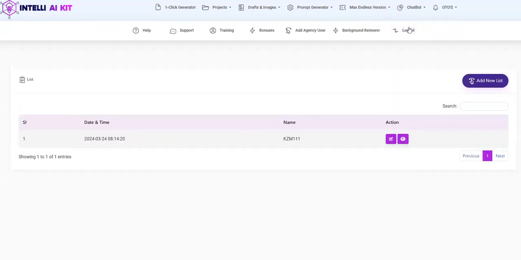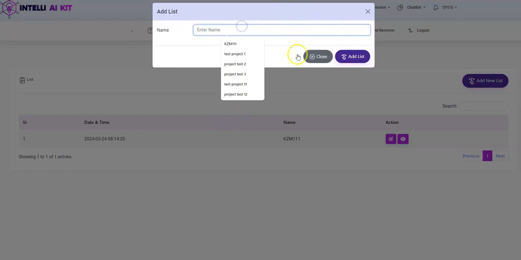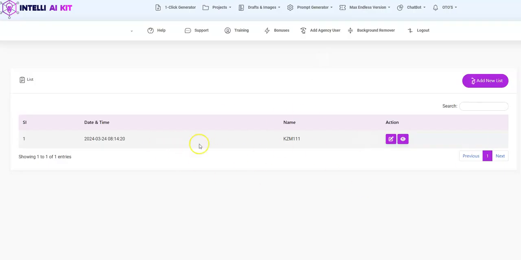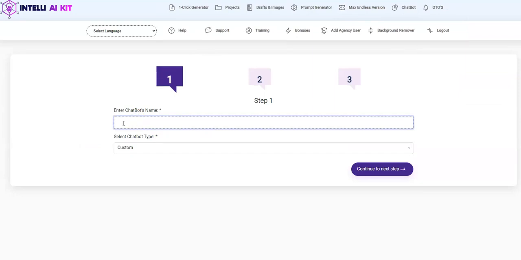So the list over here, I've just created a demo list, so I'm just going to keep that as standard. If you want to add a new list, you can just add a new list and name that particular list, and that will be listed right over here. So just go to add a chatbot, and once you are here, just put a chatbot name, whatever chatbot that you want to. I've just selected that as Cal Chatbot test chatbot, and over here, I'm just going to keep